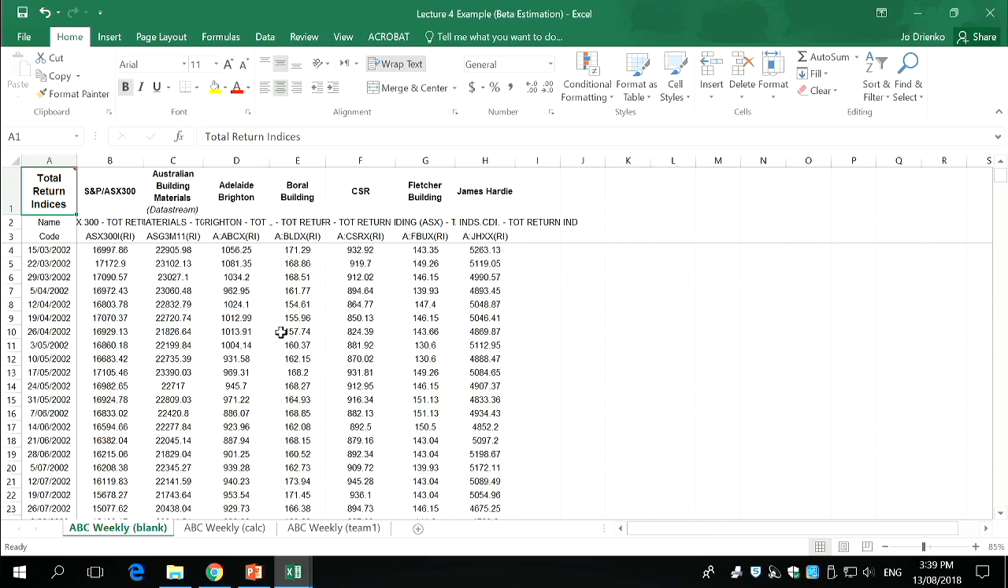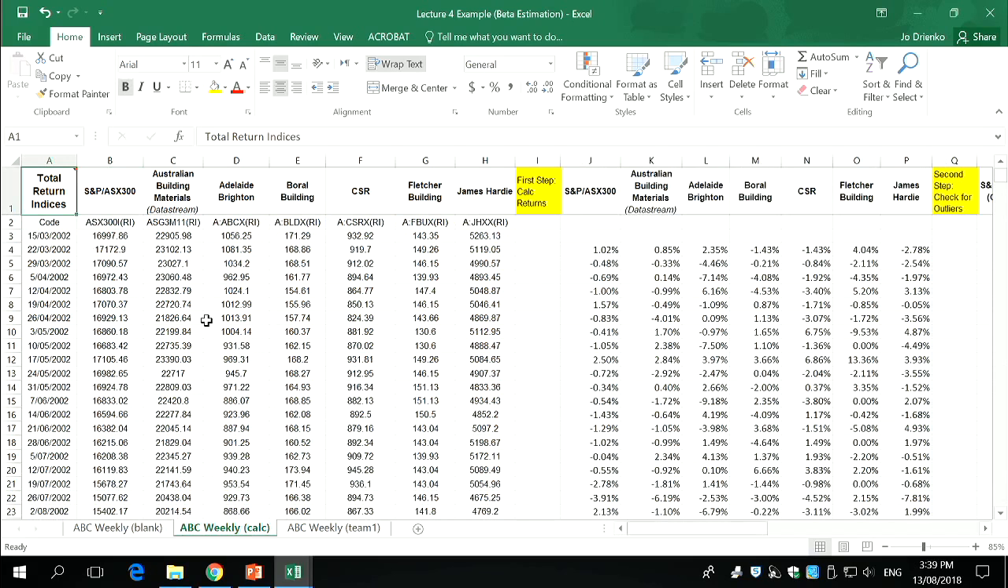This is index data. You need returns. Beta is calculated using returns. These are not returns. The RI means return index. It doesn't mean the return. So step 1, this example is for ABC, is to take this data and calculate